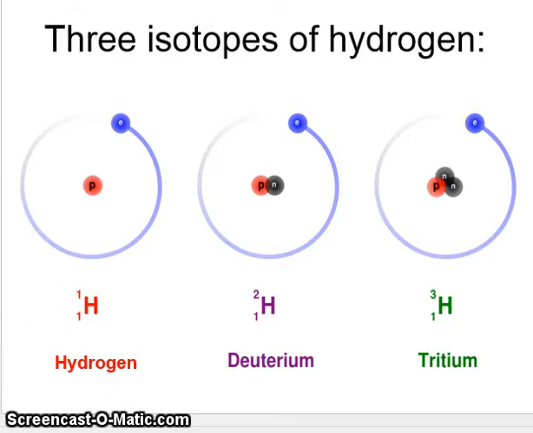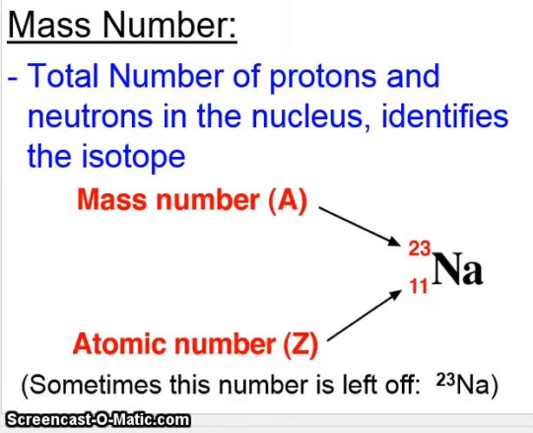We're going to define some numbers that relate protons and neutrons. The first one will be the mass number. The mass number is the total number of protons and neutrons in the nucleus. Remember, that's where protons and neutrons reside, and the mass number tells you what type of isotope you have. So here now is a sodium isotope, and the 23 is the mass number. It's called the mass number because the 2 particles, protons and neutrons, are the massive particles. They are the particles that have mass, so we put them together and get the total mass of this isotope,